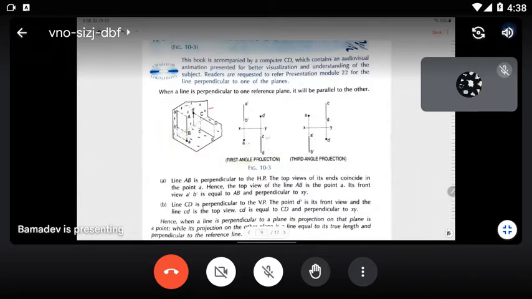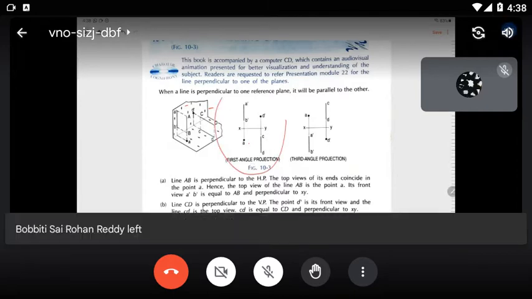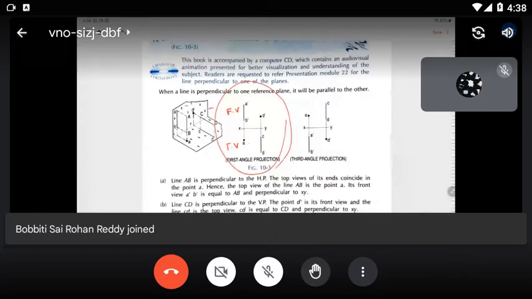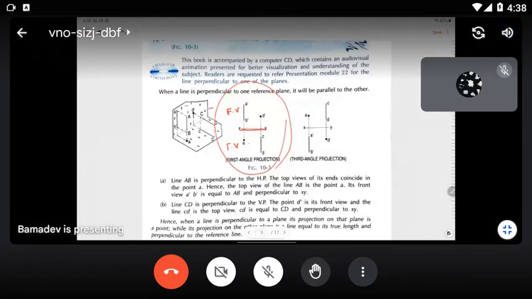I think this part is clear. This part is clear, right? So you see, this is front view. This is top view. And this is your reference axis. And this is all about the first angle projection,